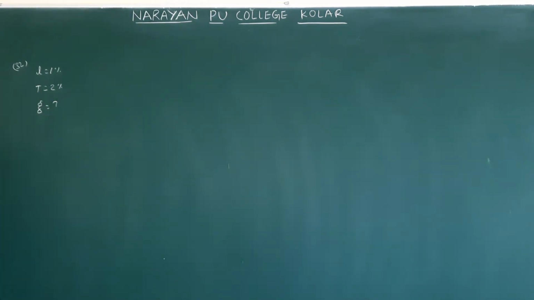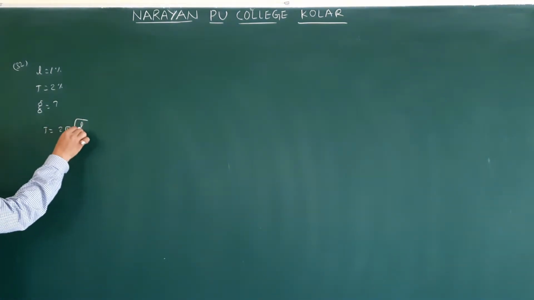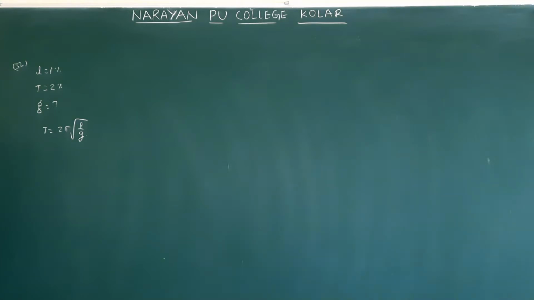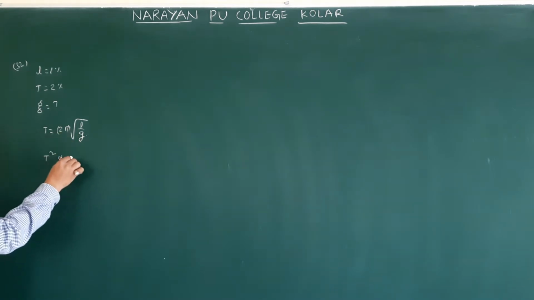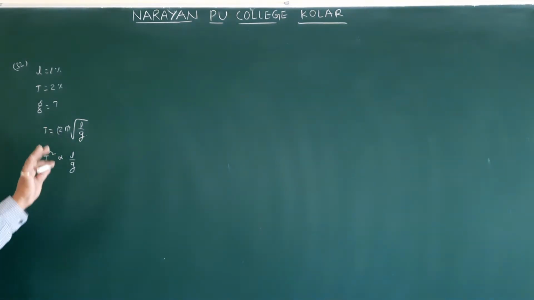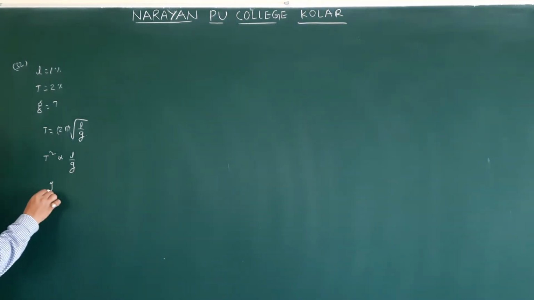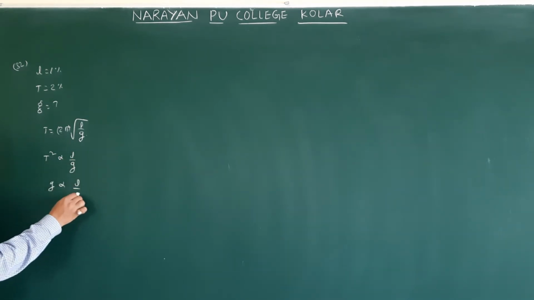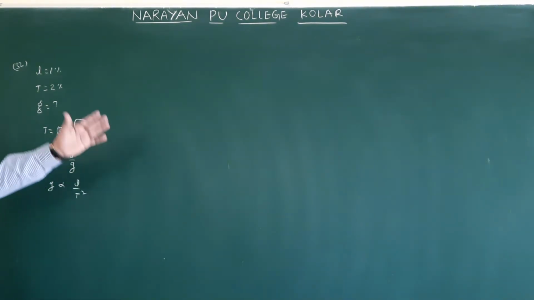So this formula you get in 10th class. T is equal to 2π root L by g, the time period of the pendulum. Because of 2π you won't get error. So squaring on both sides, we will write directly proportional here. T square is directly proportional to L by g. If you write 4π square also, no problem, but because of this constant you won't get the error. Then g is directly proportional to L by T square.